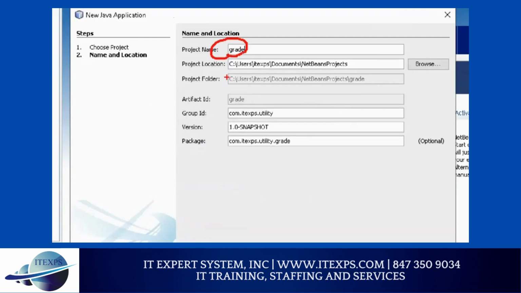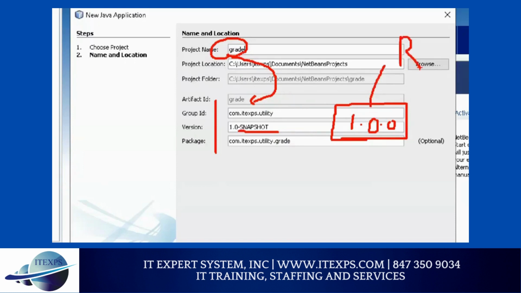Now, we are not changing all we discussed last week, but please understand the project will become your artifact. And snapshot is nothing but work in progress. Normally when you complete your work, you will have 3 complete digits. This 3 digit version means the final version, which we call the release version. Snapshot is work in progress. When you are giving it to a customer, you always give a final version, you don't give a snapshot version. Okay? Now let's do finish.